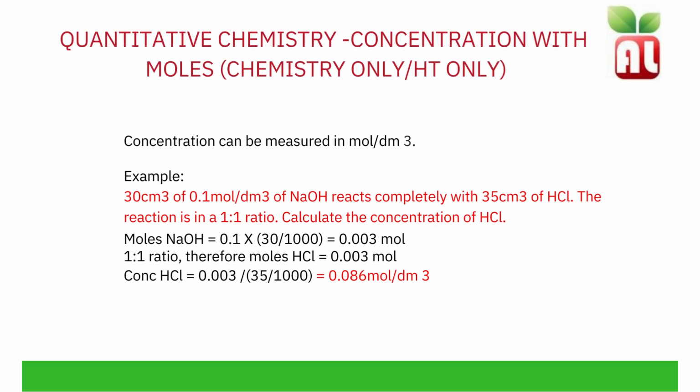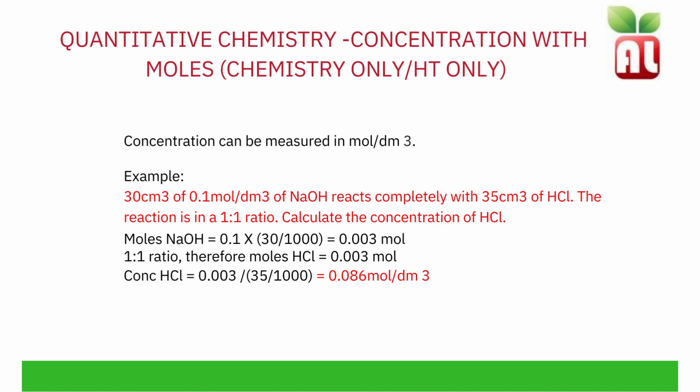Calculate moles from a solution by doing the concentration multiplied by volume. The concentration of sodium hydroxide is 0.1, and we multiply this by the volume of sodium hydroxide in decimeters cubed. So that is 0.1 multiplied by 30 over 1000, and that is equal to 0.003 moles. The reaction is in a 1:1 ratio with respect to sodium hydroxide and HCl. Therefore, the moles of HCl required are also